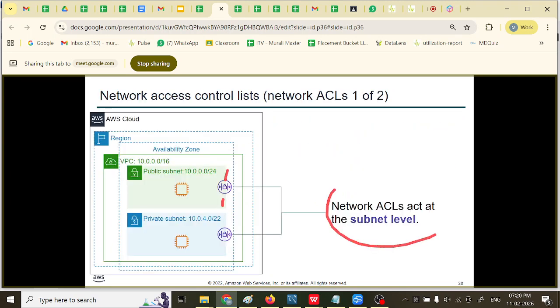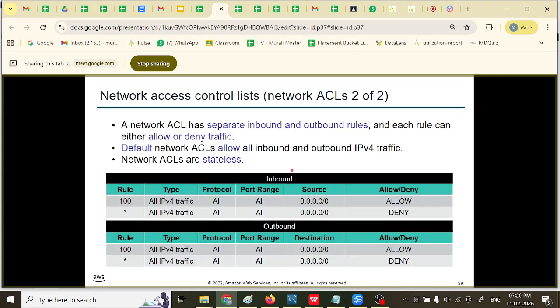Okay, write this first point. It will act at the subnet level itself. Before you allow traffic to the subnet and to your instance, it will stop here itself and check. Next one, a network ACL has separate inbound and separate outbound rules, and each rule can either allow or